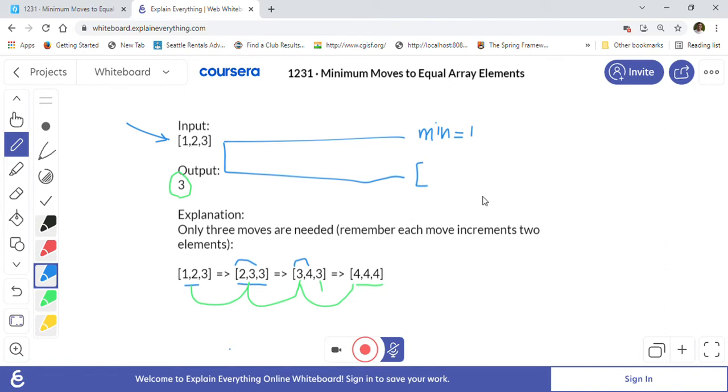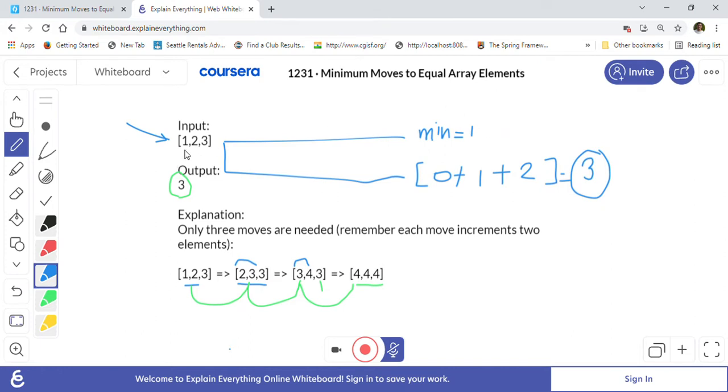So 1 minus 1 is 0, 2 minus 1 is 1, and 3 minus 1 is 2. We will add these differences together. If you add these differences it gives us 3, 2 plus 1 is 3. So this is the minimum number of moves that will make the array elements equal.